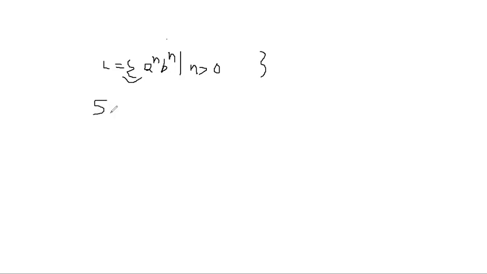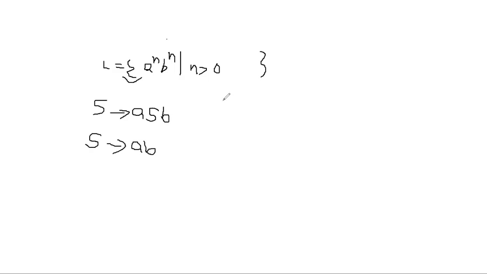Okay? So S implies A S B. If A is there, then the opposite B should be there. Then recursively we can apply this any number of times. If we apply it one more time, substituting S with A S B, we get 2 A's here and 2 B's here. Then what is the final one? Because n is greater than 0, at least one time we should take A power n, B power n. This means AB. At least one time we should take AB.